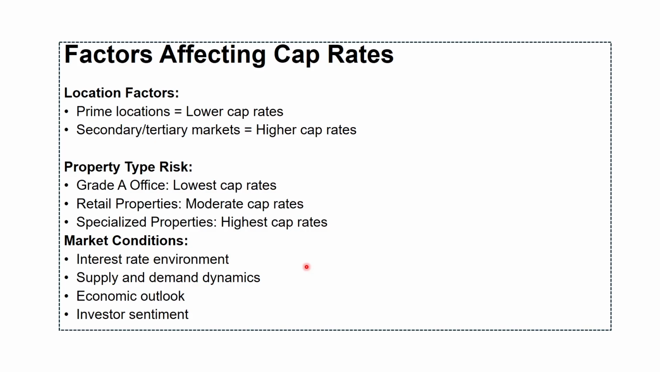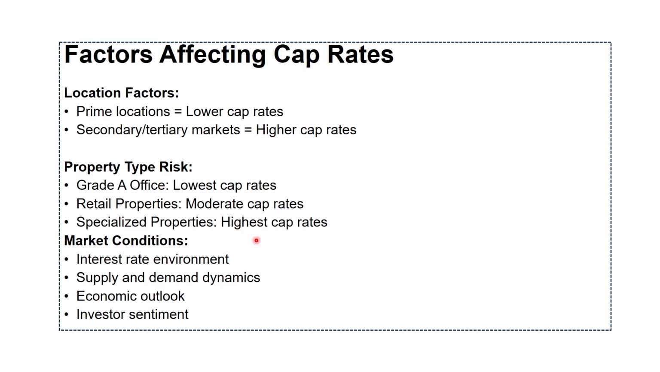Because prime locations have more stable demand, better liquidity and strong long-term growth prospects. Property type risk varies significantly. Grade A office buildings with long-term leases to credit-worthy tenants are considered lower risk, hence the lowest cap rates. Retail properties are riskier because they depend on consumer spending and retailer success. Specialized properties like hotels or hospitals have the highest cap rates because they are harder to re-lease if